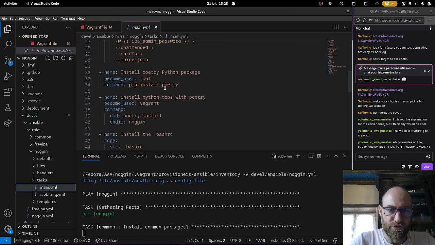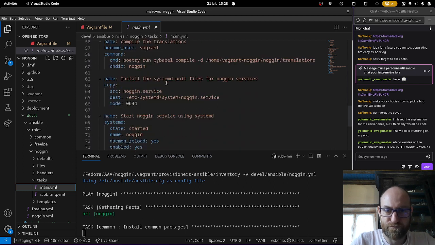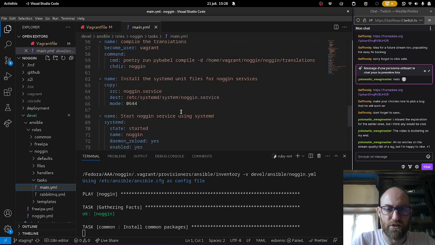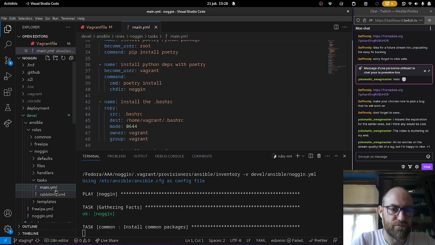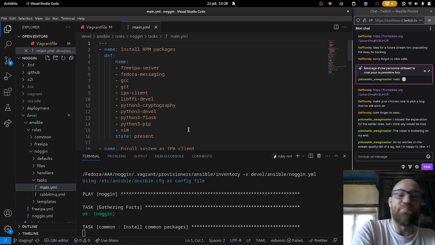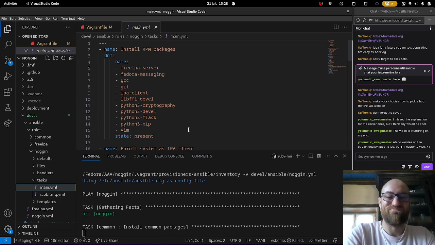It enrolls the system, compiles the translations, installs the systemd init files, and then starts it using systemd. And right now it's installing common packages. My laptop is not a very powerful laptop, so it takes a bit of time.